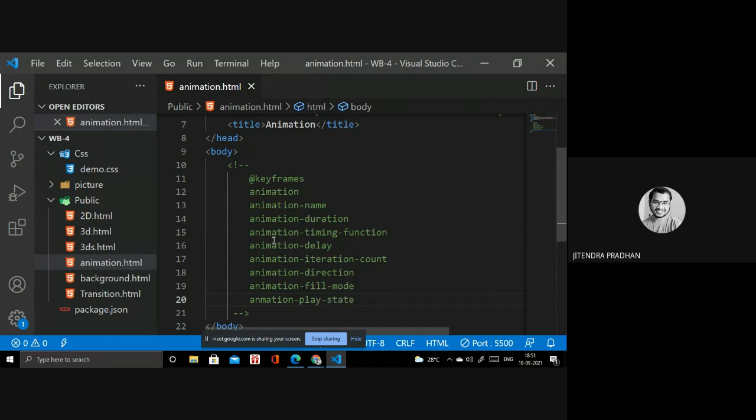These are the things we use inside animation.